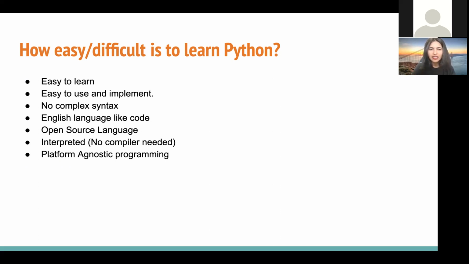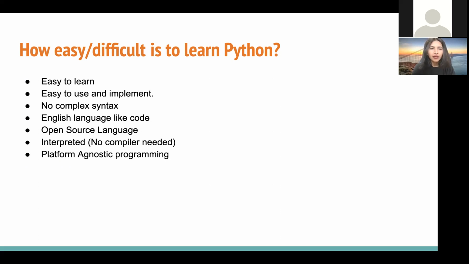But as a beginner, somebody doesn't need to know what exactly a particular special symbol means, or what exactly a particular keyword means, because even if there are keywords that we will use in Python, those keywords will be plain English keywords that we use in day-to-day language, the slang that we use in day-to-day language. So it's as simple as that.